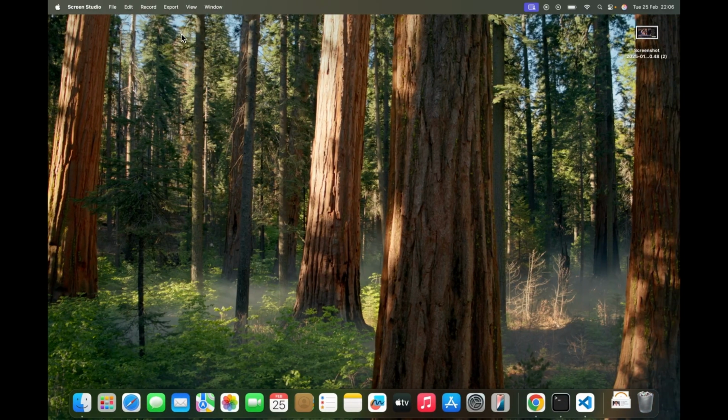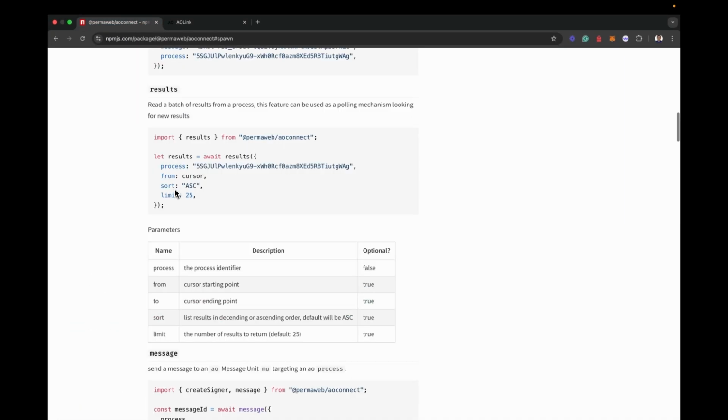And if you want to learn more about the SDK, you can check the name of the SDK here. It's called